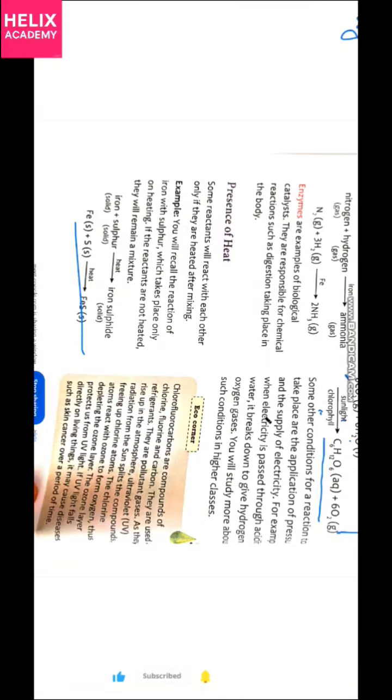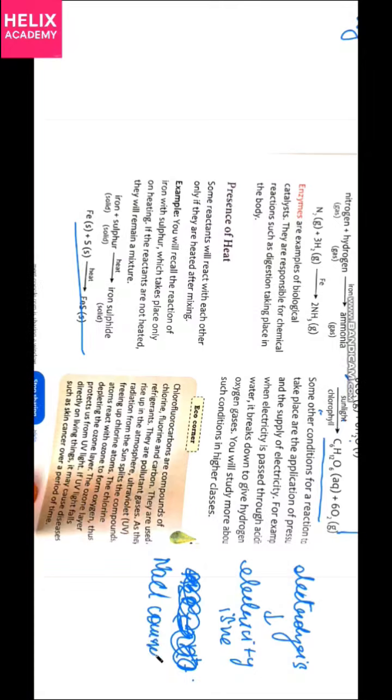Somewhere electricity is needed. They are called electrolysis processes. In electrolysis, electricity is needed. So about NaCl, common salt, right? If I pass electricity through this common salt by electrodes, cathode and anode, how can you break it down in the electrolysis process? You can break it down into Na plus and Cl minus. These are the two ions, sodium ion and chloride ion. Okay, so revision. Now we will do the worksheet of this.